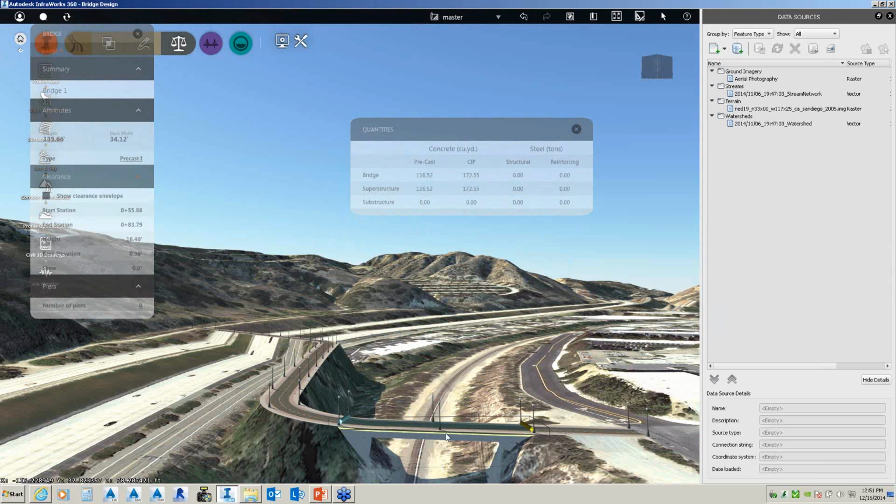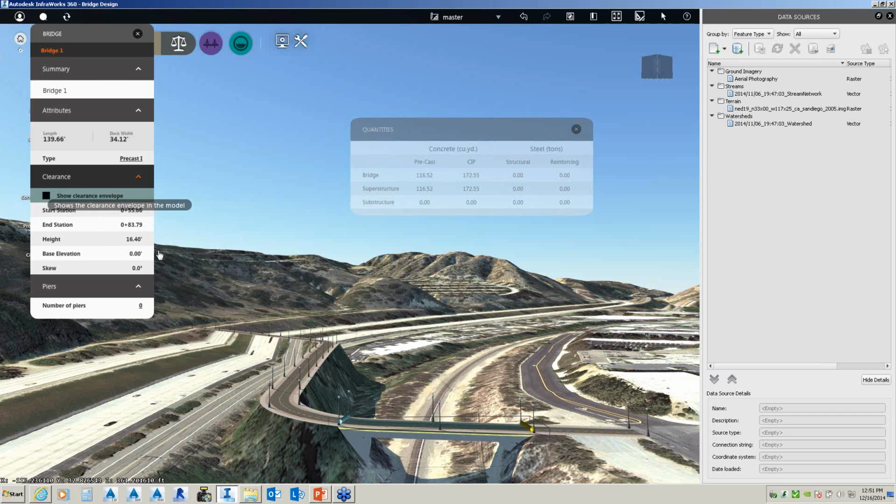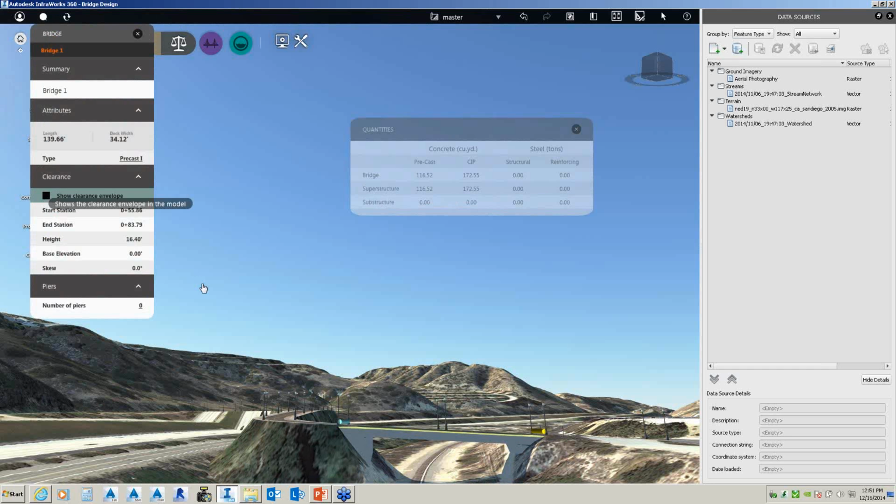One of the other things we can take a look at is showing an envelope in reference to the height of my bridge. Right now, that's at 16. If I wanted to change that, I can put that at 35. Right click and say update my vertical profile, and then my bridge concept changes.